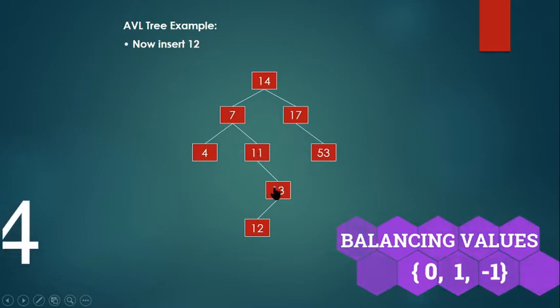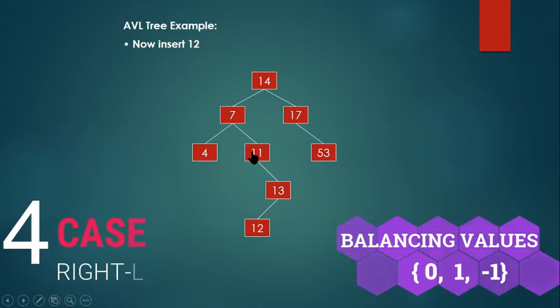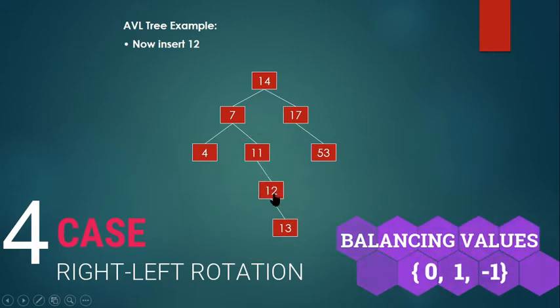So take the respective nodes, that is 13 and 12. Look at the order it is placed. From this 11, we have right and left subtree. So we have to make a guess that we have to go for right, left. So fourth case. So if it is right, left, first I have to go for this 12, 13. First make a right rotation. If I make a right rotation, 12 comes here, 13 goes down. You can see 12 comes here, 13 goes down. Now I have to make a left rotation.